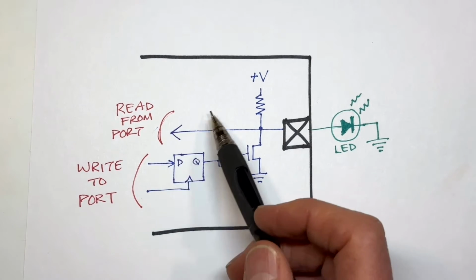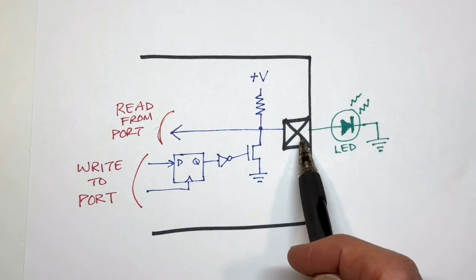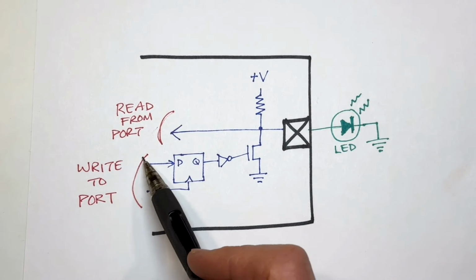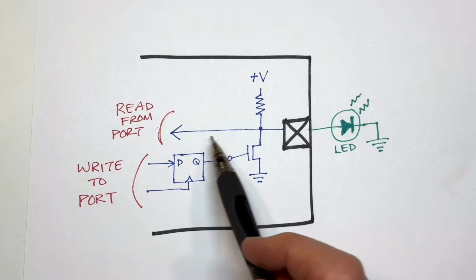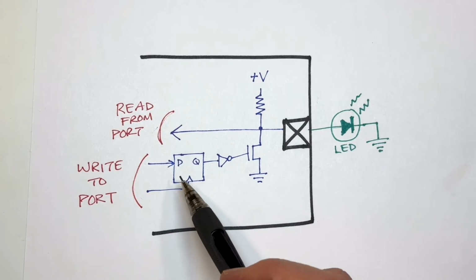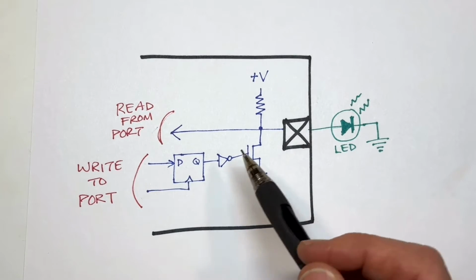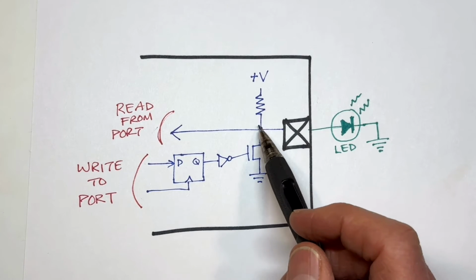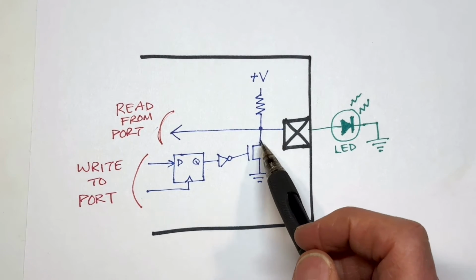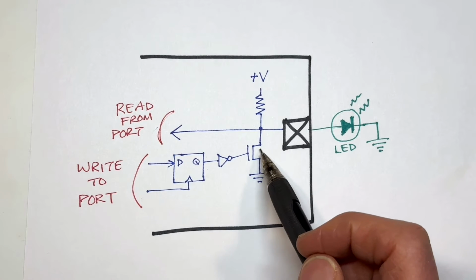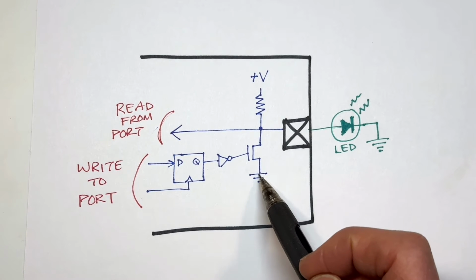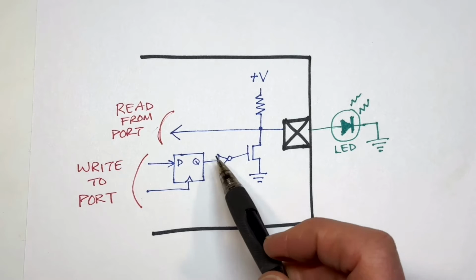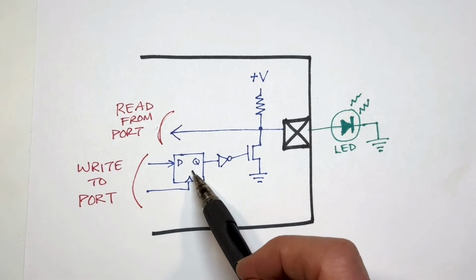You can do 2 things to this particular bit of the port. You can read from it or you can write to it. And if you read from it, well, that's pretty straightforward. If you write to it, well, we've got this kind of circuit going on. We've got a pull-up resistor and we've got a MOSFET. This can be thought of as a switch that's either open or closed, and it's driven by the bit in